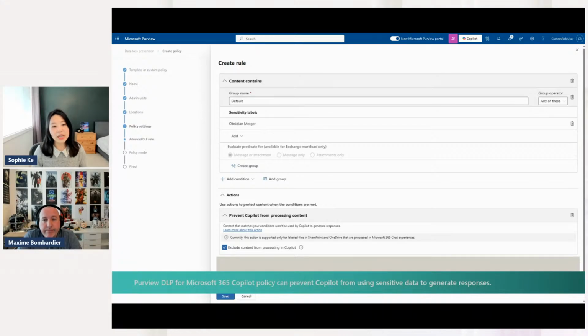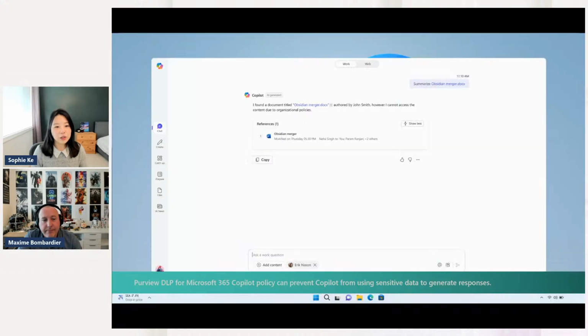Exactly. So what you're seeing here is the setting in my DLP policy. So I have chosen the sensitivity label Obsidian merger. It's a very important merger. I do not want Copilot to process it, and I've chosen to prevent Copilot from processing any content with the label Obsidian merger. And so what will happen is that if you ask Copilot to summarize any document that's labeled with this sensitivity label, or ask a question where it would potentially reference a document labeled with Obsidian merger,